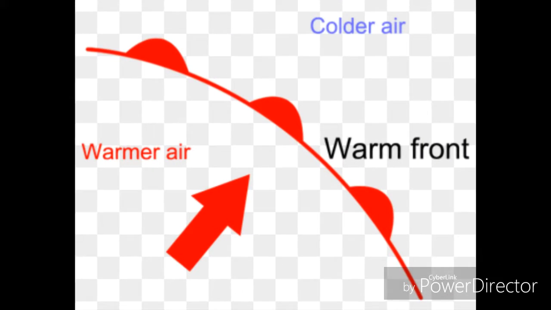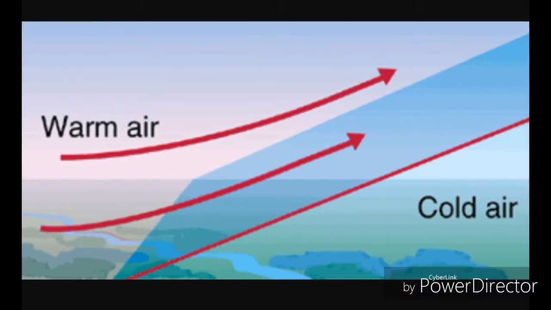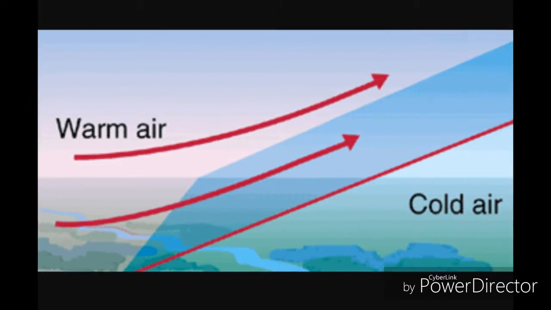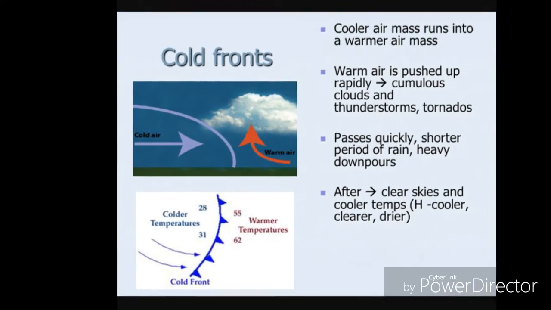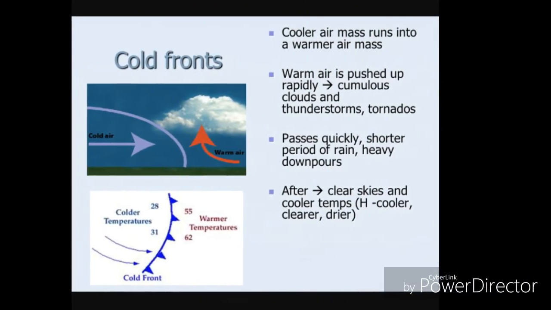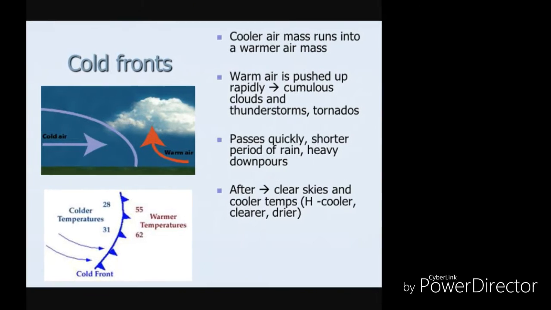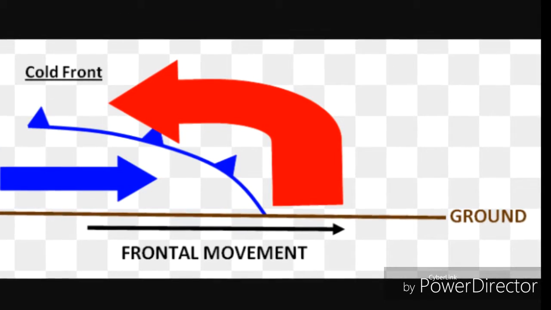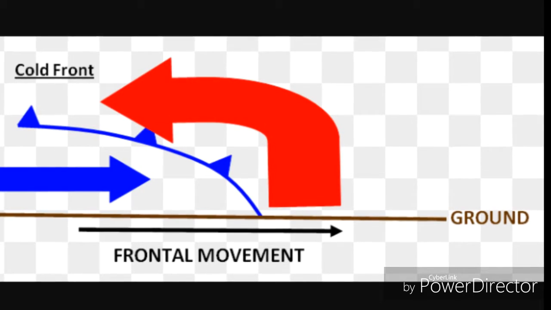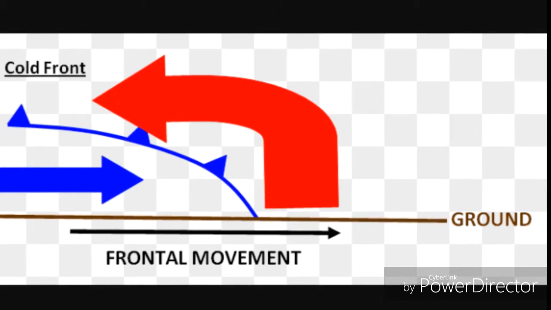A warm front is the surface boundary between a warm air mass and a cold air mass. It's overtaking. The warm air mass moves into an area of colder and drier air. The air masses do not readily mix, therefore the warm air rises slowly over the cold air because it is